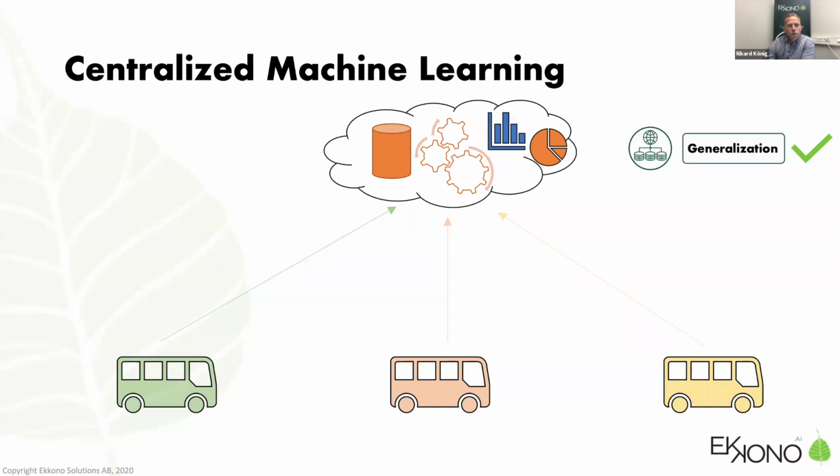Let's start with centralized machine learning, which is the paradigm that we've been living and working with for the last decade. The whole idea is that we have a set of devices that have something in common. Since we want to predict or learn something about these devices, we send the data to the cloud or a central server somewhere, where we build a model based on data from all of these devices. Then we solve the problem with generalization. We can actually draw conclusions from all of these devices and create a better model than if we had been just looking at one device at a time.